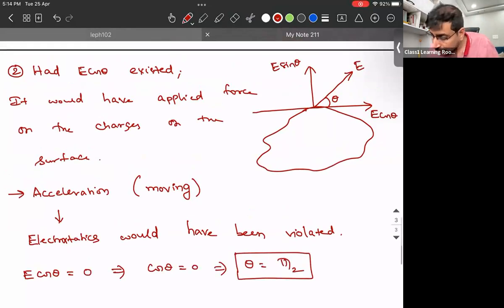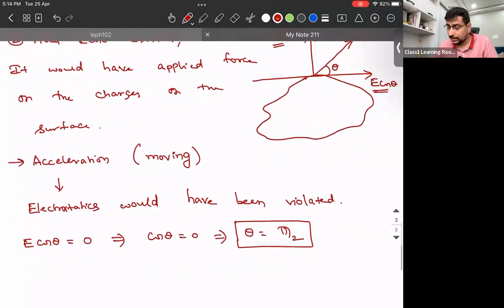Meaning, there is no component that will exist in the horizontal direction, rather it will exist only vertically, because when theta is 90 degrees, if you substitute it here, you will get the electric field in the upward direction. And this is the reason why we say